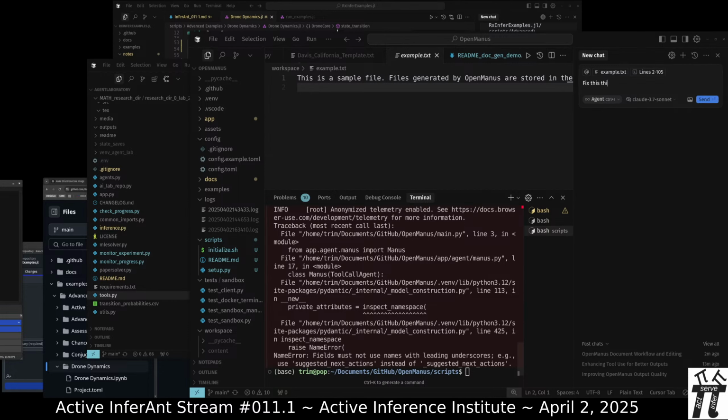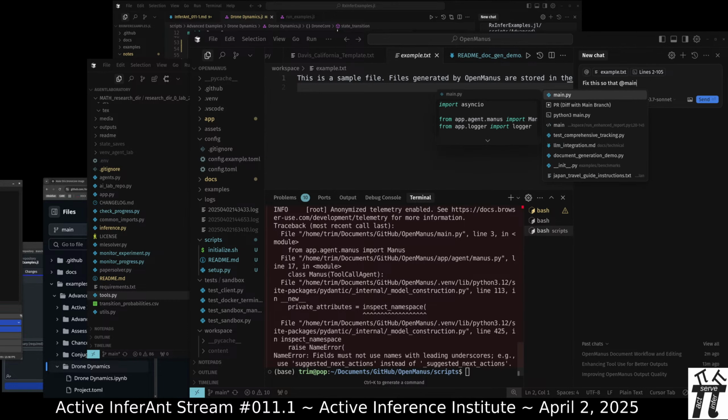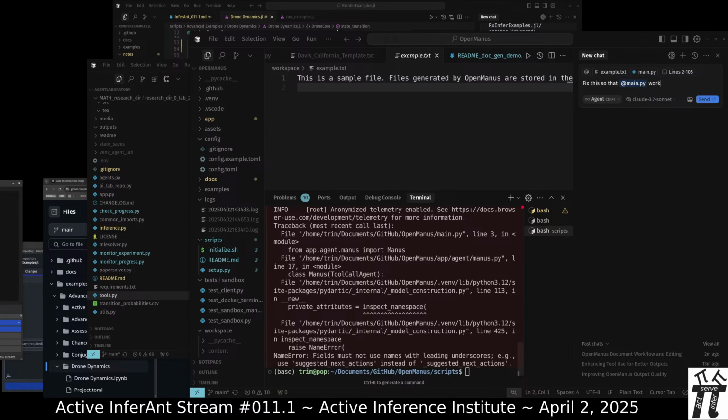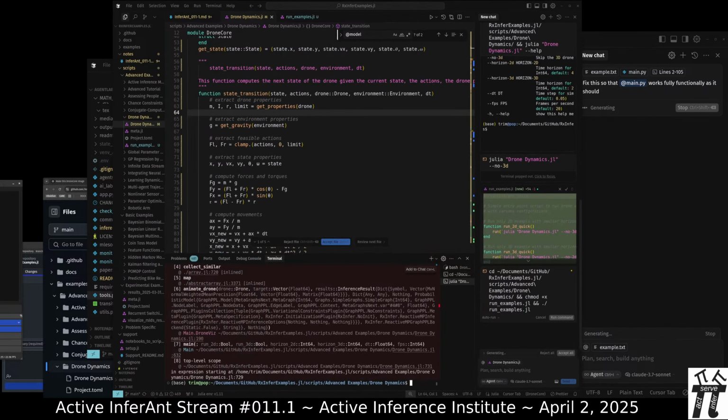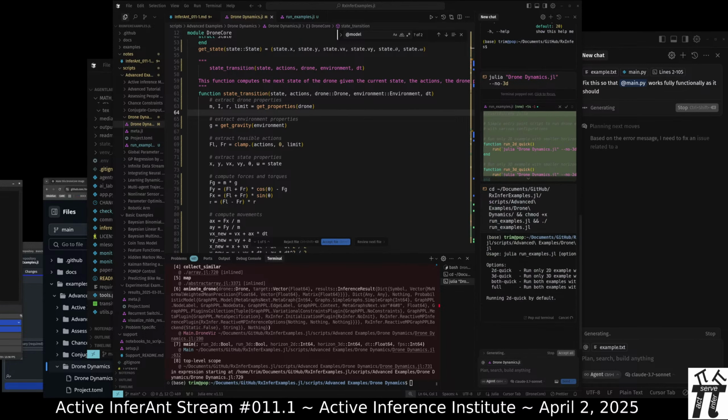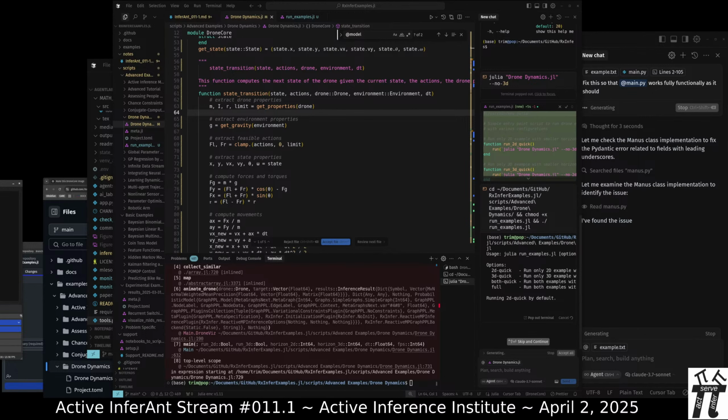Fix this so that main.py works fully functionally as it should. Okay. RxInfer drone model is running.